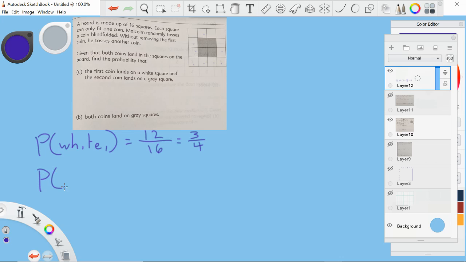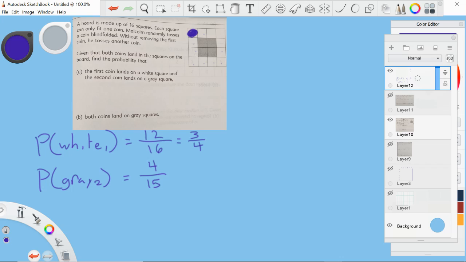What is the probability of landing on a gray square on the second flip? Well, okay, if I put a coin here, another coin cannot land there. That's what the parameters of the problem state. So I don't have 16 possible places for a coin to land anymore. I have 15 possible places, and I'll go ahead and put that in the denominator right now. That's the number of possibilities on the second flip. There are only 4 gray squares, so the probability of landing on a gray square in the second flip is going to be 4